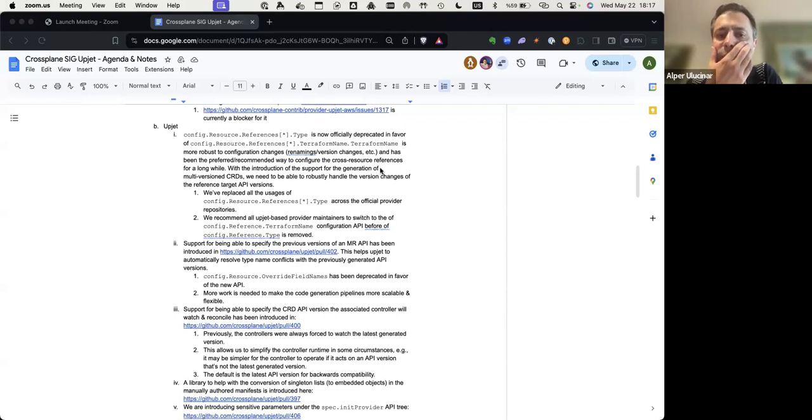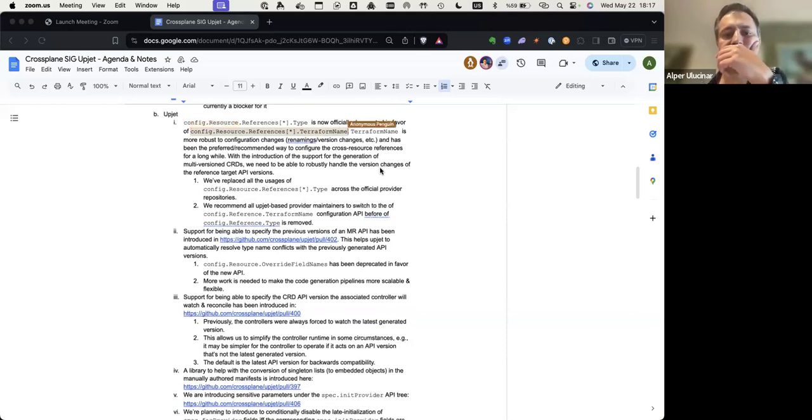And we have replaced all the usages of this reference type with reference Terraform name in the official providers, including provider AWS. We prioritized this item because of this singletons to embedded object conversion, because when we are converting singletons in our APIs, we are generating the v1beta2 versions, or the new versions, of the managed resource APIs, in order not to break the old clients, for backwards compatibility.